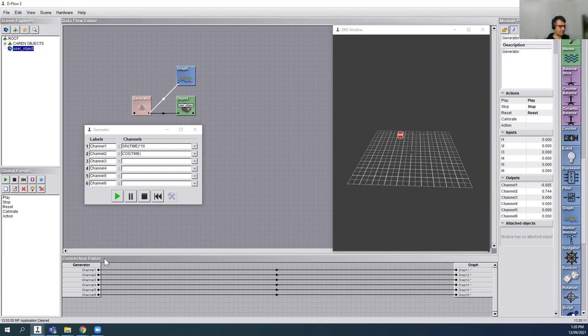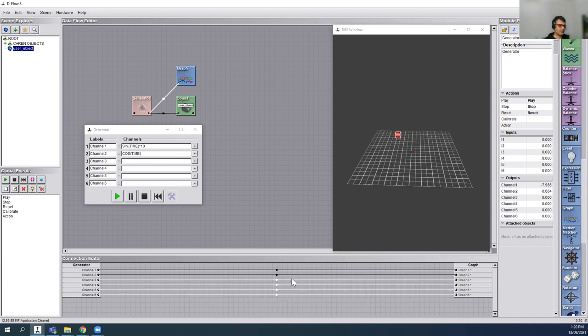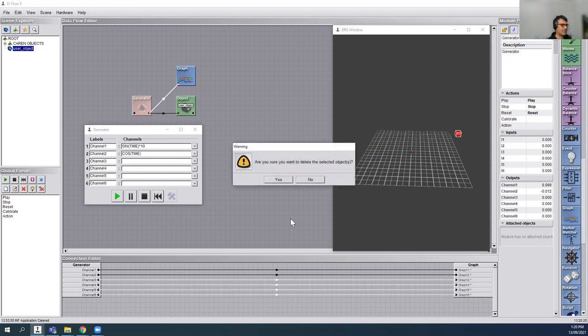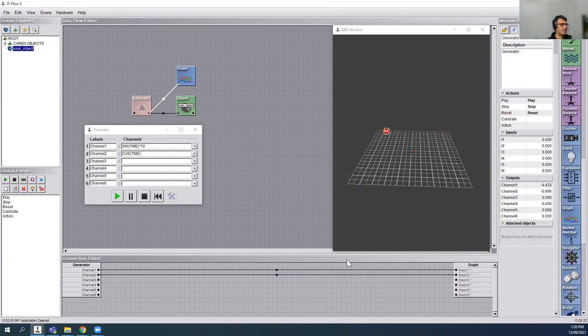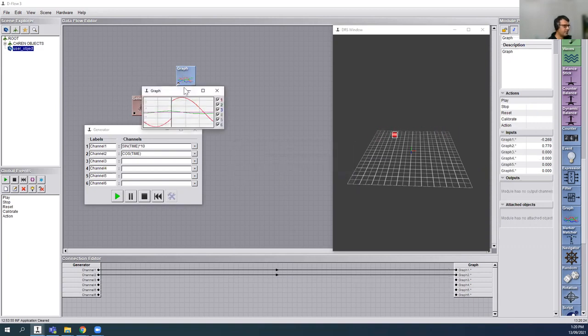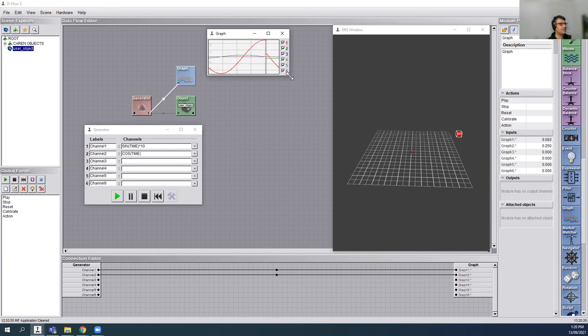And when you do that, usually the generator is connected to all the graphs. So we just need to have a look at the first and second one, right? So we just delete that, as simple as that. Delete, yes. So you have the first and second. If you double click on it, you can observe